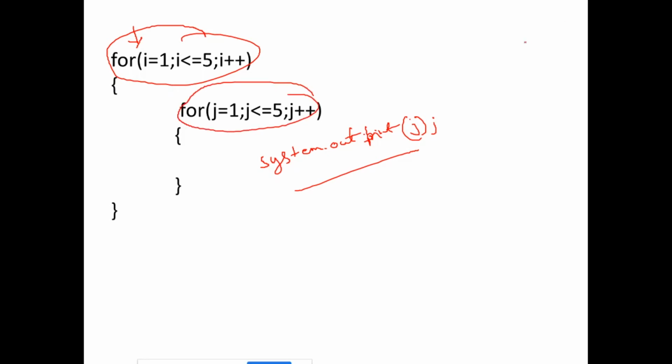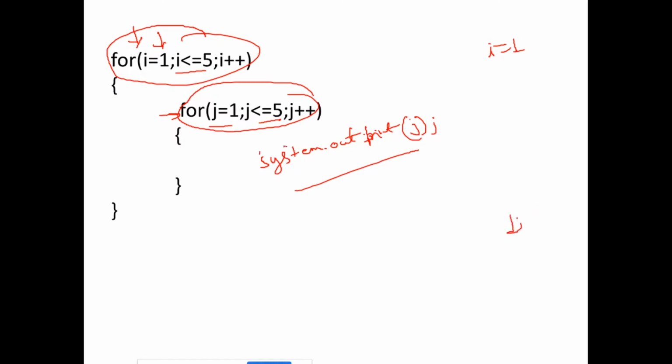One rule is there. First, after coming here, I value will be 1, right, and it will match the condition as a for loop works. 1 is less than or equal to 5, the condition is fine, it will come to the next line of code, and here it finds that j is equal to 1, right, and 1 is less than or equal to 5, condition meets fine, it will print j, and the j value is currently 1.